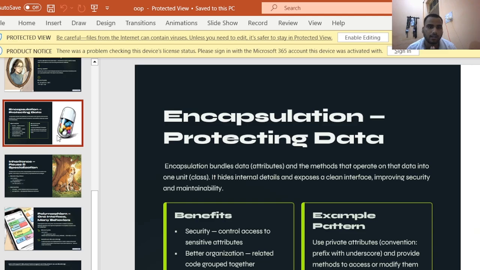Encapsulation, protecting data. It bundles the data, the attributes, and the methods that operate on that data into one unit, a class. It hides internal details and exposes a clean interface, improving security and maintainability. So basically, think of this as a capsule. Think of the medicine inside it, and this protective outer layer is protecting it from